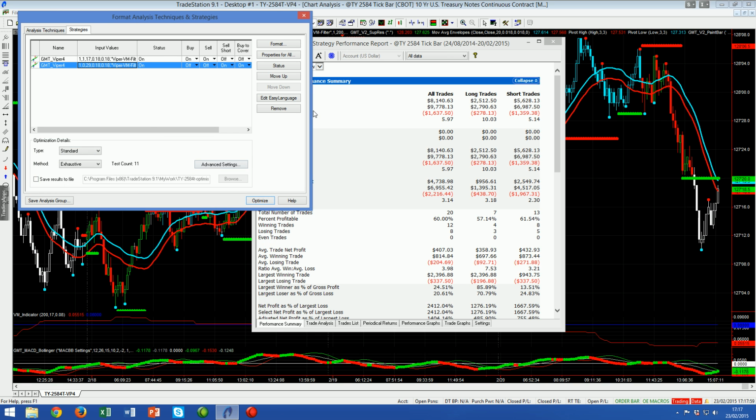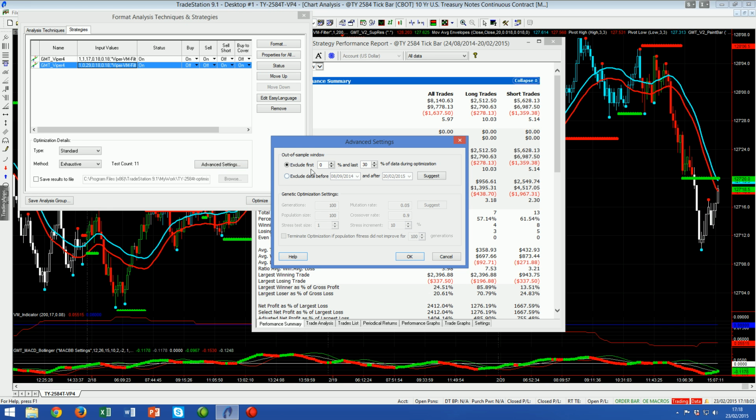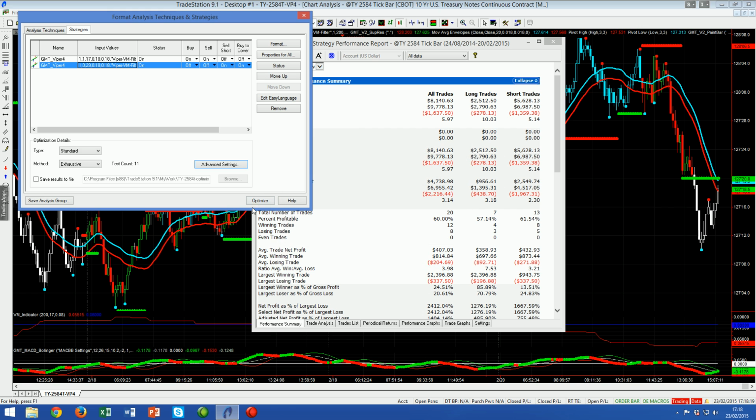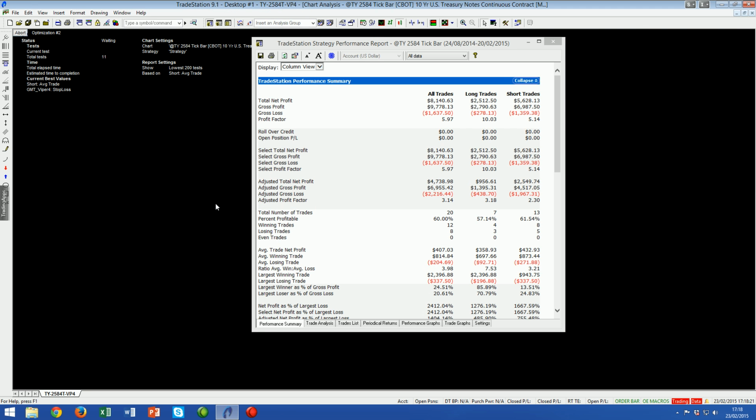And the way that we specify our in-sample and out-of-sample data is in the advanced settings box here, and you'll see that we can exclude the first 0% and the last. This defaults to 0. I've been playing around with this previously, so it's defaulted to the last 30%. If we click OK and then optimize,